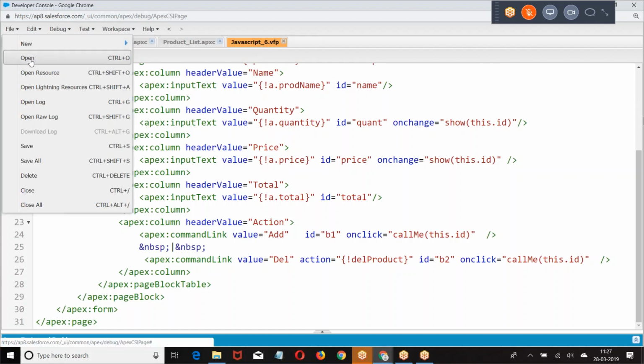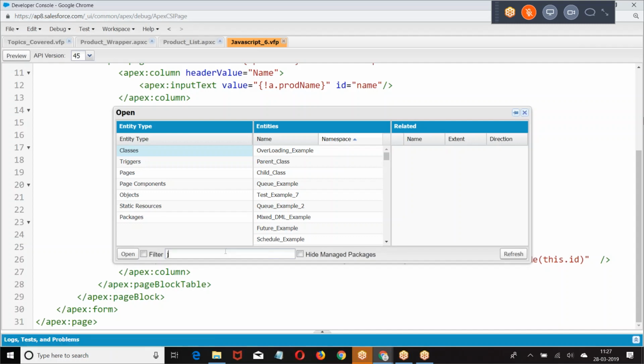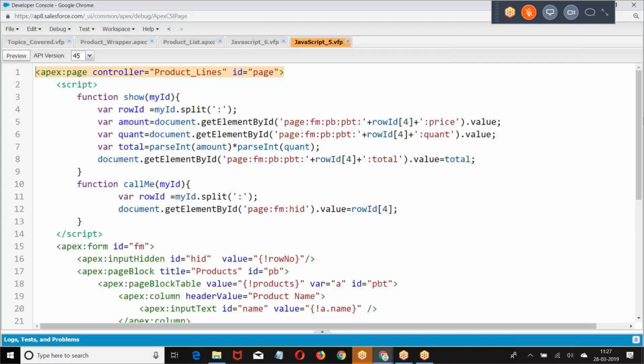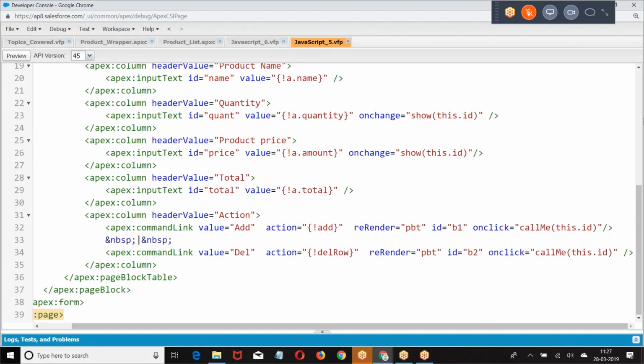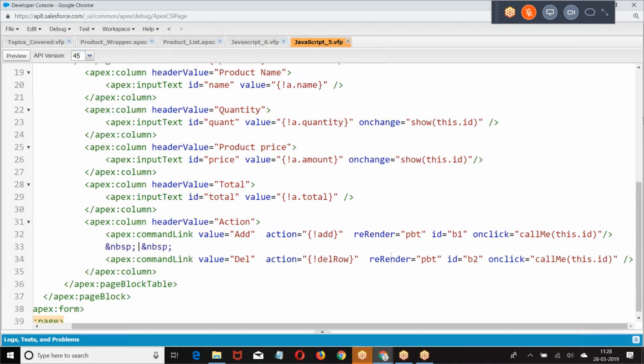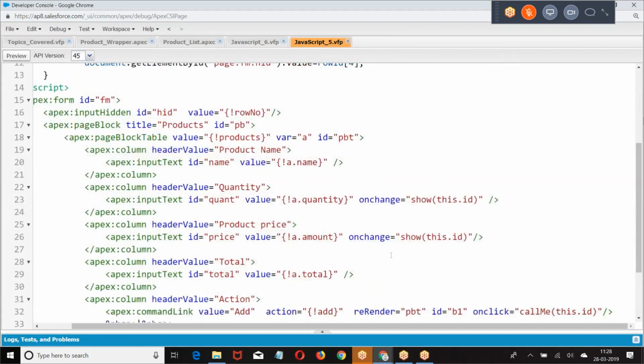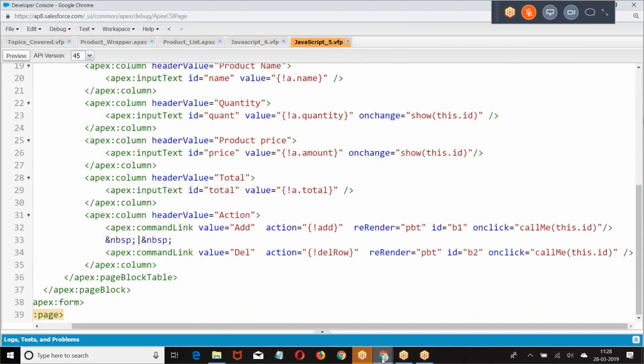Let me cross check the code. This dot ID. Why is it not passed here?